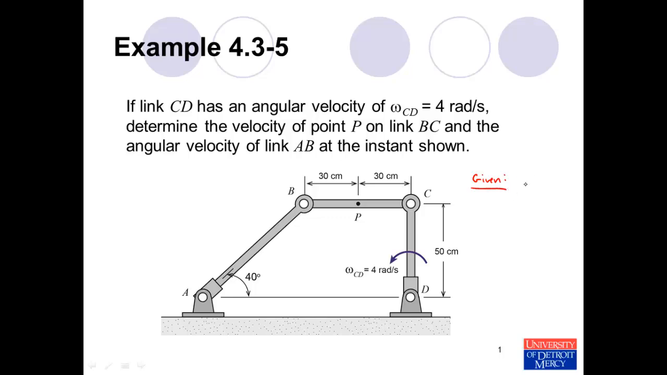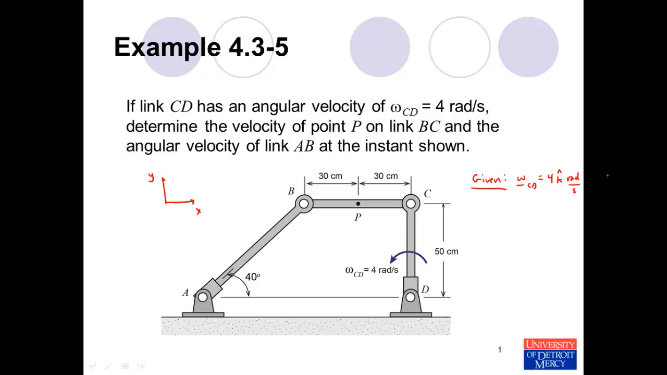So we're told that omega CD is 4 radians per second, and we're shown its direction. If we use the right-hand rule and roll the fingers of our right hand in the direction of rotation, our thumb will point out of the page, indicating positive k, or that's how we'll define it. So we'll define x to the right, positive, y up, positive, and so that makes z out of the page positive. So we have 4 positive k